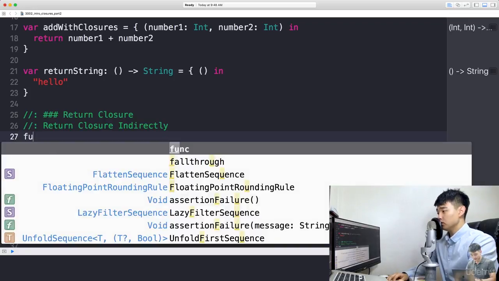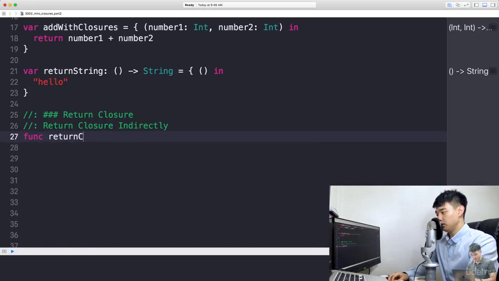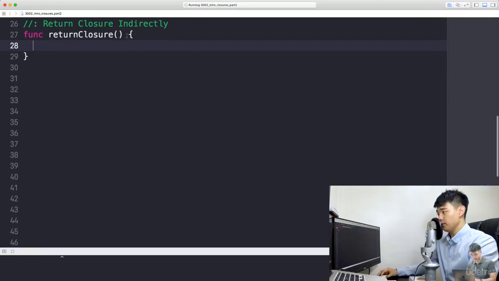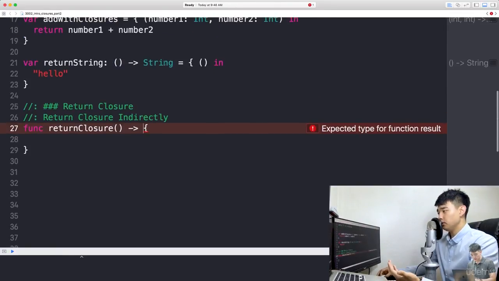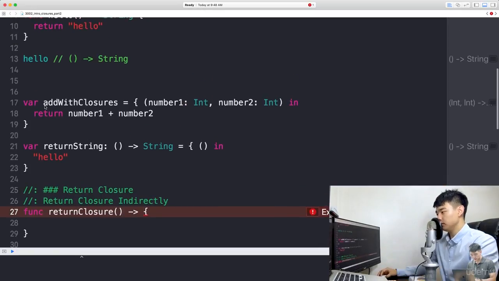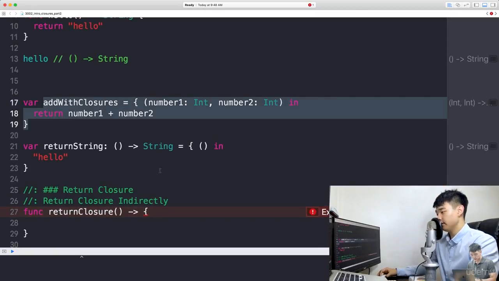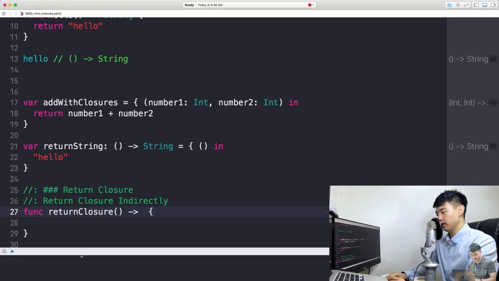Okay. Let's create a function called returnClosure. You want to return something, so that means you have to use this arrow right there, and you have to return a closure. Let's return a closure block similar to this. Okay, how to do that? Well, let's define the type of the closure block. Very important, right? Int,